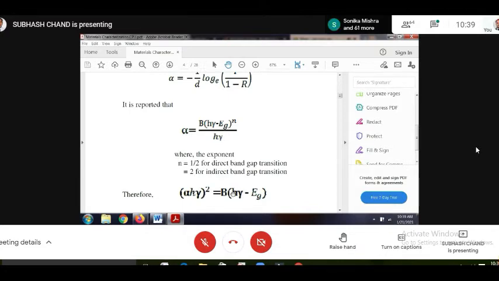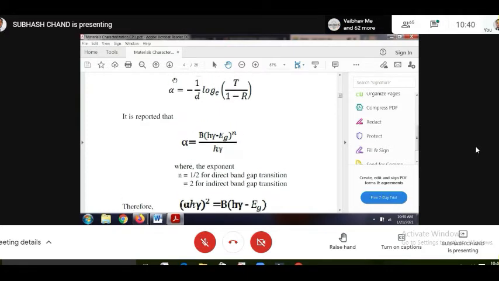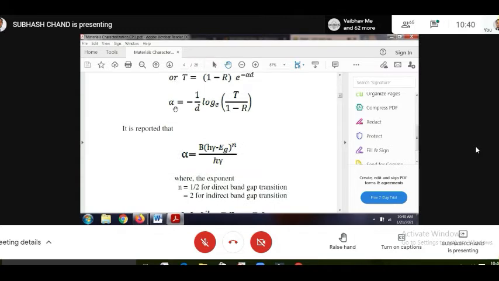right? So that's why to find band gap of the semiconductor we use this relation, and in those cases we plot alpha h nu square versus h nu, and there you need alpha. इसके लिए आपको अल्फा की जरूरत पड़ेगी, and there you have alpha this. That's how you get alpha, because ये आप a से नहीं निकाल सकते, इसके लिए अल्फा की जरूरत पड़ेगी, a से नहीं होगा, तो अल्फा को इसलिए यहाँ पे लिया है.